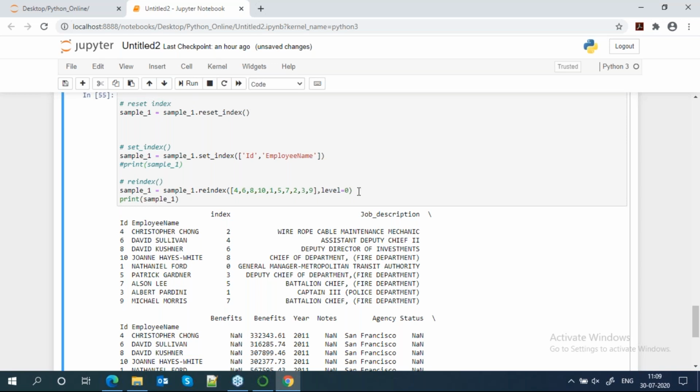So you can reset the index. Once you reset, I can drop these 2 columns, I don't want these columns. ID, comma, index.